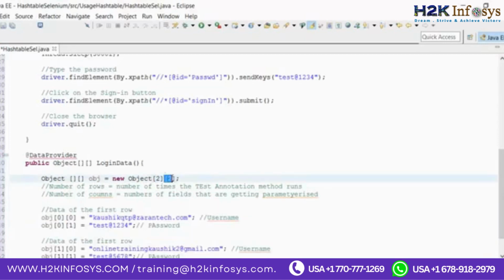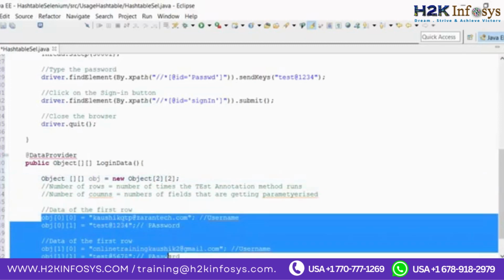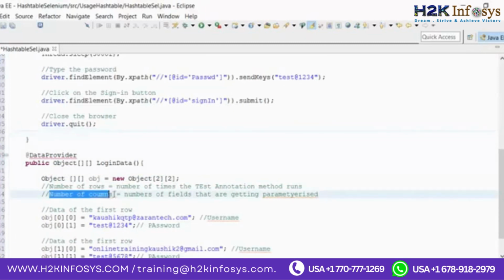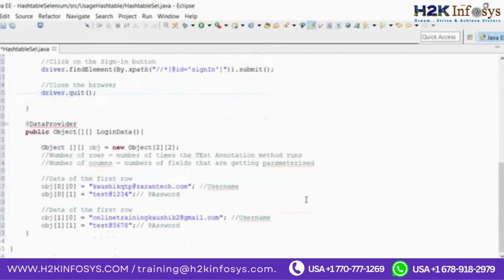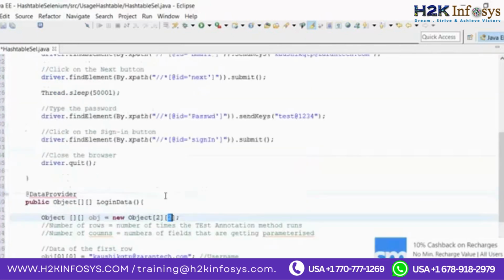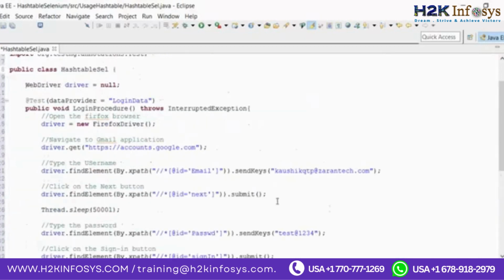Since there are two columns in each row, you're defining the first column as the username and the second column as the password. Now remember one particular thing: number of columns is equal to number of fields that are getting parameterized. So which fields are getting parameterized? The username and the password field. Here is the username that we have given, here is the password that we have given. If the number of columns is 2, what you need to ensure is that the arguments of the test annotation method should be 2. So string